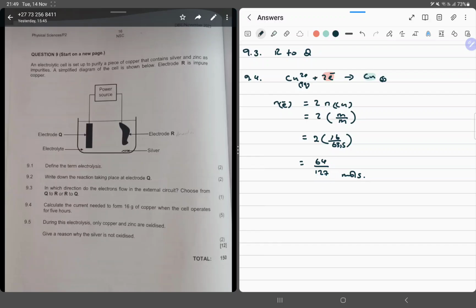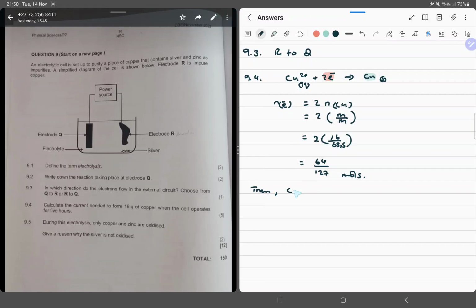That is what we call Faraday's constant. So if we've got this number of moles of electrons, we'll simply multiply this to find the charge. So we can say the charge here, Q, is going to be equal to